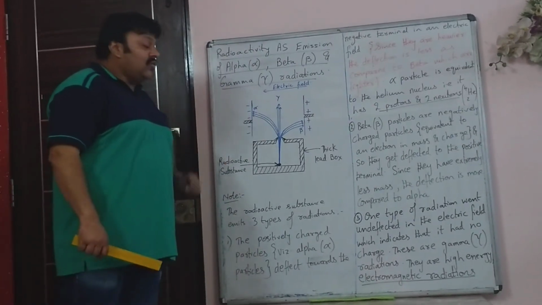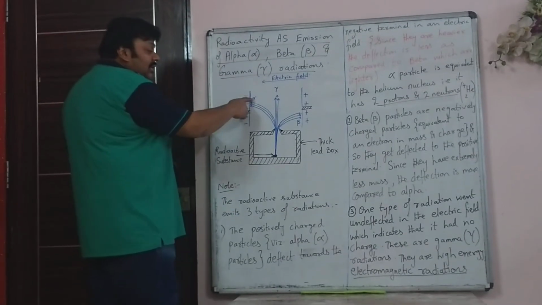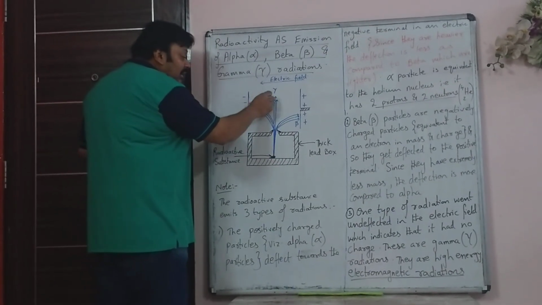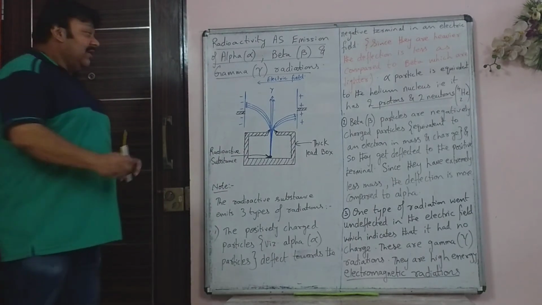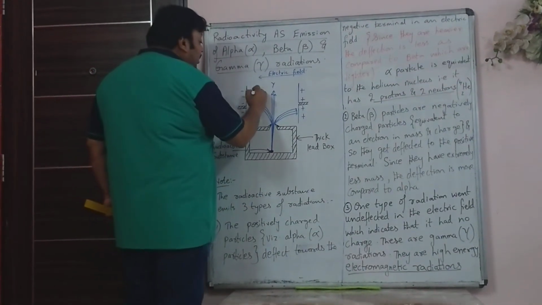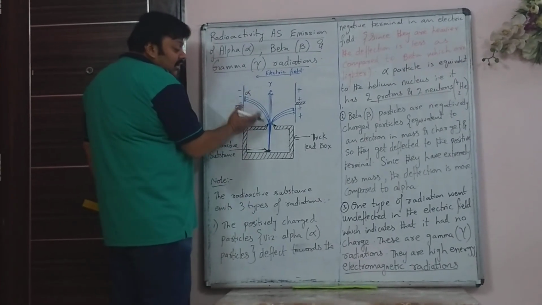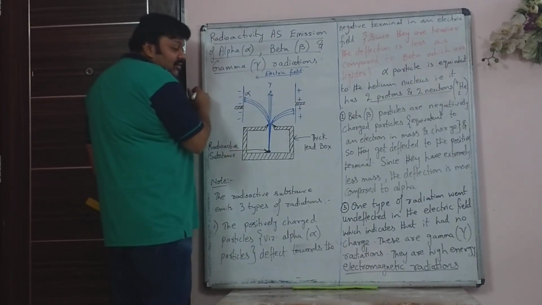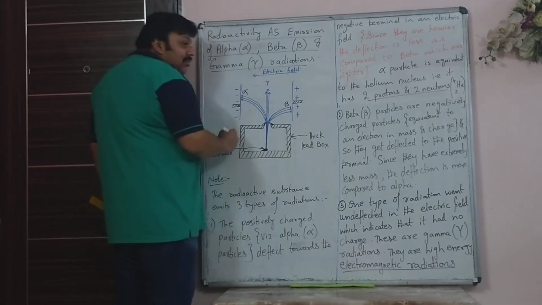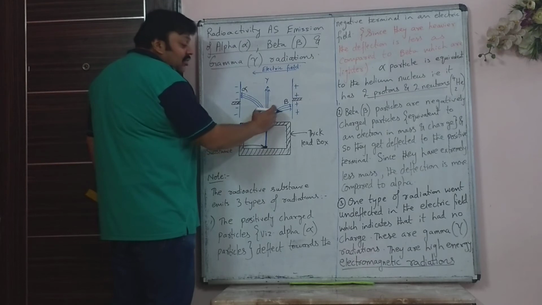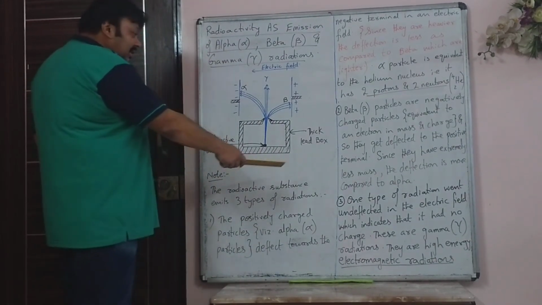Sometimes they ask you a question based on this. They do not write which particle it is. They ask you whether this is alpha or this is beta. Then you have to identify it. You will have to say that this is the alpha particle. Why? Because it is heavy, it gets deflected later. So it comes up a bit and then gets deflected. Whereas this is the beta particle, these are light particles, so the deflection happens as soon as it comes into the electric field.